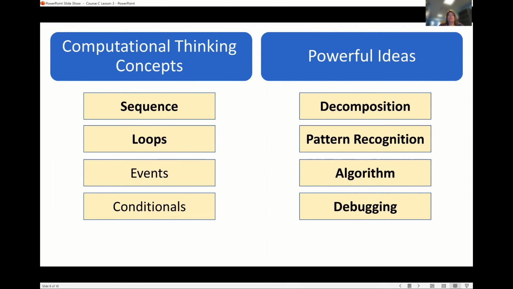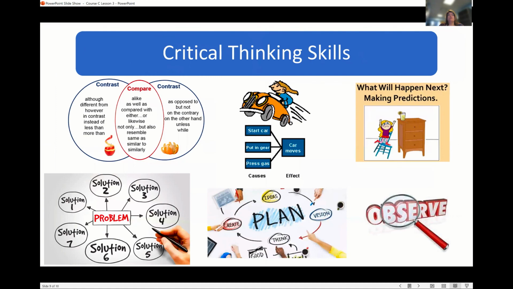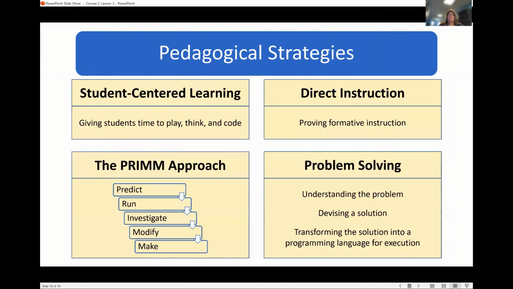We applied critical thinking skills by having students compare and contrast the blocks, and we should have them compare that with the JavaScript code that they can see. Observe blocks, make predictions, then observe cause and effect when clicking run, solve problems, and make a plan. We also employed a variety of pedagogical strategies by encouraging students to play, think, and code while providing direct instruction for key elements. Students also focused on understanding the problems, devising solutions, and using the PRIM approach to investigate and